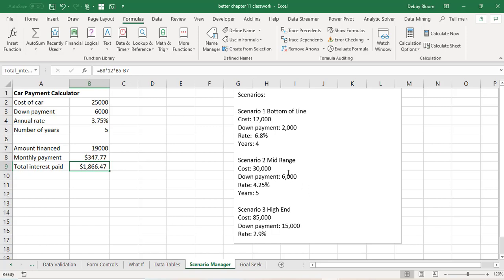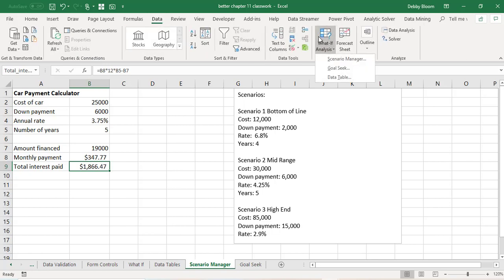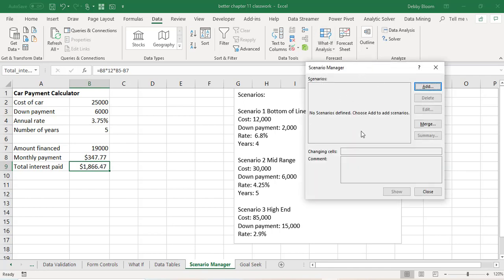Now we're going to go into the scenario manager. So I'm going to click Data, What-If Analysis, and Scenario Manager. Right now the scenario manager says that there are no scenarios defined. Click to add scenarios. So I'm going to click Add,